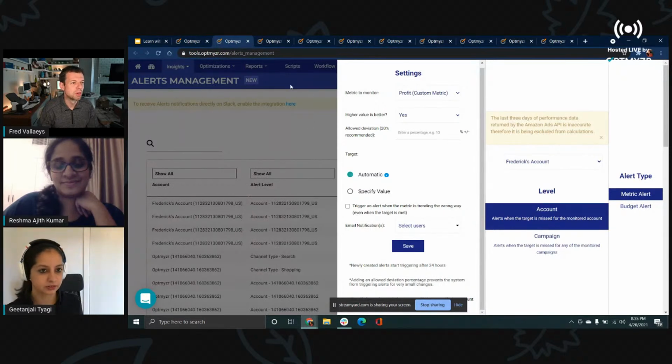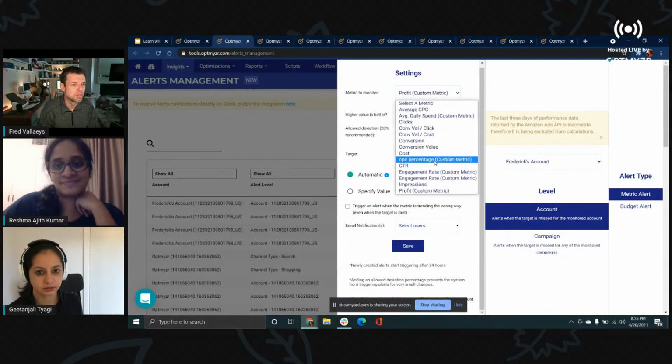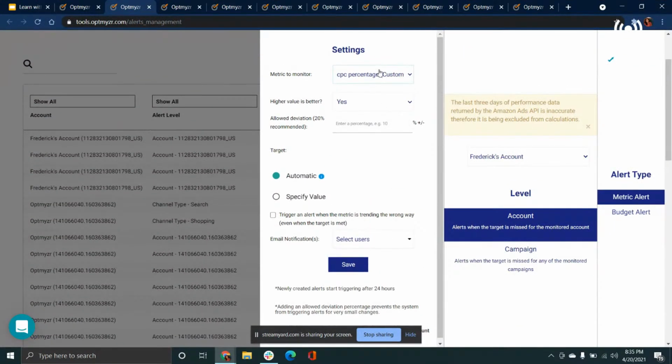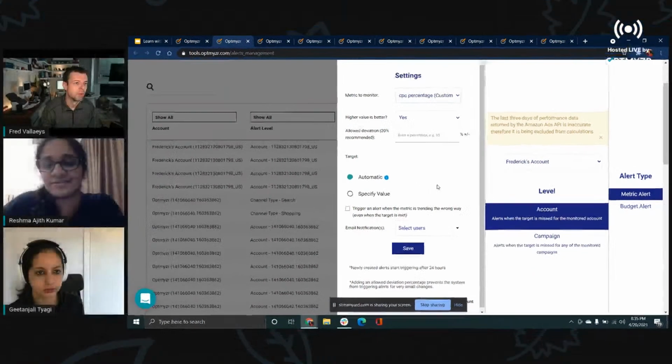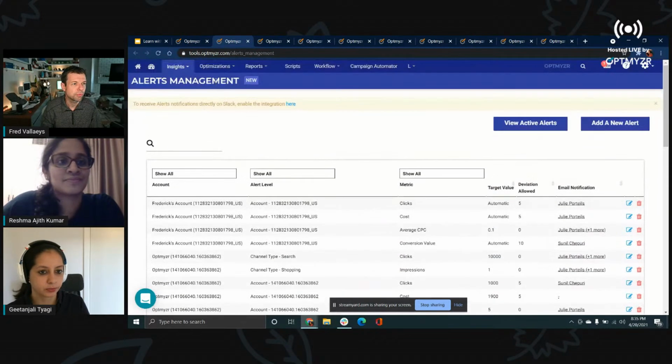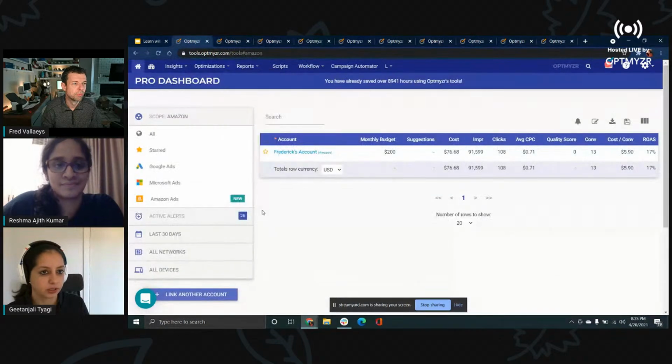By the way, those custom metrics, those are cool too, right? So how do people set those up? All you have to do is select the one that you want to go ahead with. And you can also choose how the custom metric is calculated. And then the rest of the steps would remain the same. Right. So, Fred, you can set up that custom metric on the MCC dashboard, where you can put in the formula to set it up.